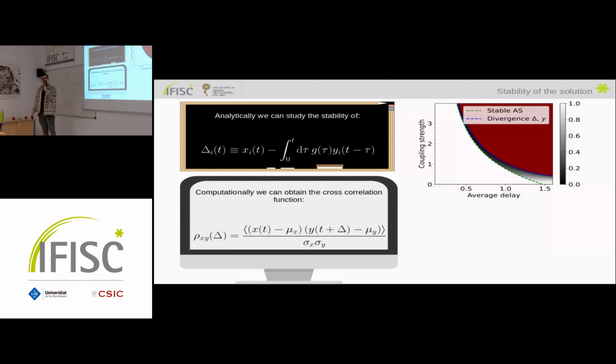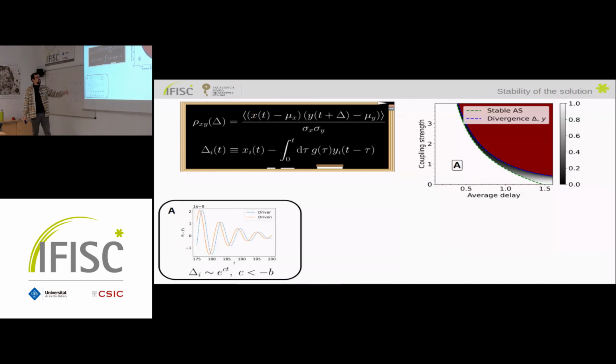So if the maximum of this cross-correlation function is close to 1, it means that the two systems are similar to each other. And if the maximum of this cross-correlation is not close to 1, it means that the systems are having different behaviors. So doing that, you can see that we got sort of 3 regions here, both from the theory and from the simulation.